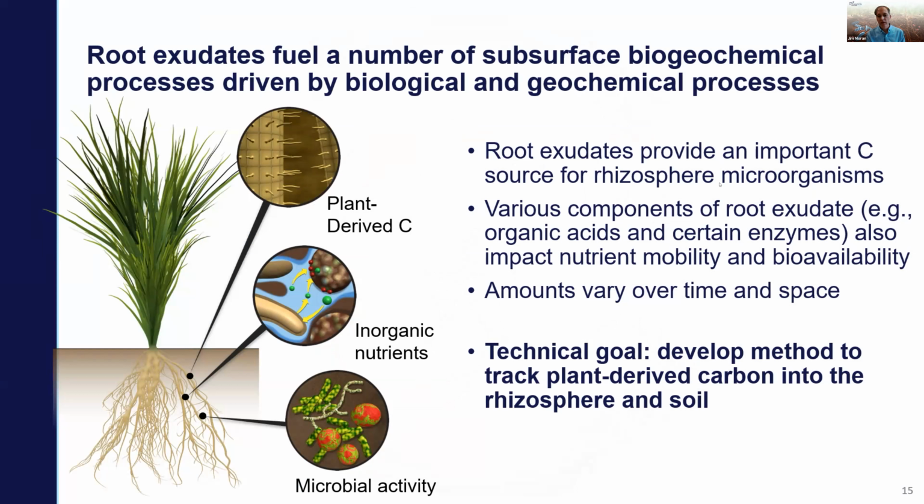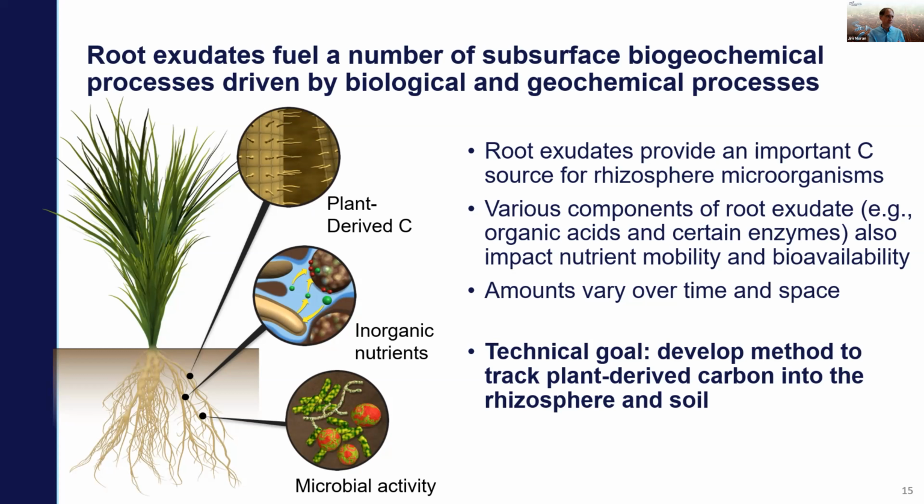And for all of this, we're using a 13C tracer, where in the slides that you're going to see, the tracer is really applied through a 13C CO2 label that's applied aerially to the plant. It's incorporated through photosynthesis, and then the resulting root exudates are transported below ground and exuded into the rhizosphere. A little quick refresher, I'm sure you're all very familiar with this: root exudates fuel a number of subsurface biogeochemical processes. A lot of soils are carbon limited from a microbial perspective. Plants can help remediate that, and certainly the rhizosphere is one of, if not the biggest source of subsurface organic carbon